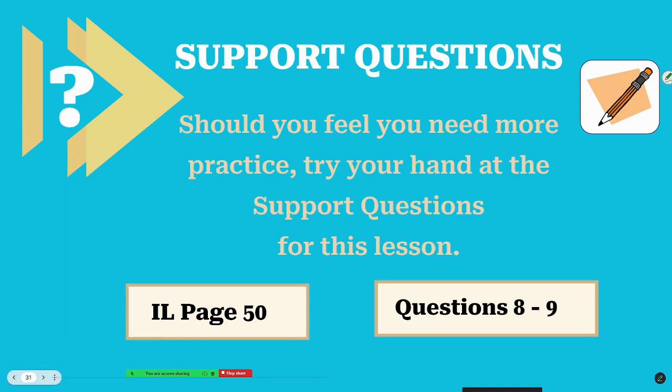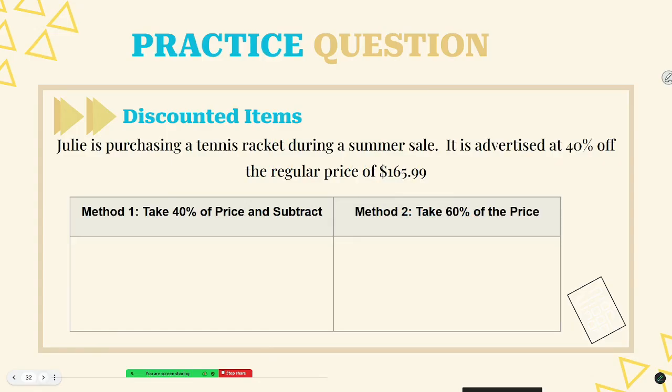We are going to move on. If I can get the slide to change, here we go. We are going to practice some estimations. Now, this is nice practice for if you're sitting in the store and there is a big sale rack that's caught your attention and you want to find out what the discounted item could be. We're going to go through two different methods for finding sales discounts.